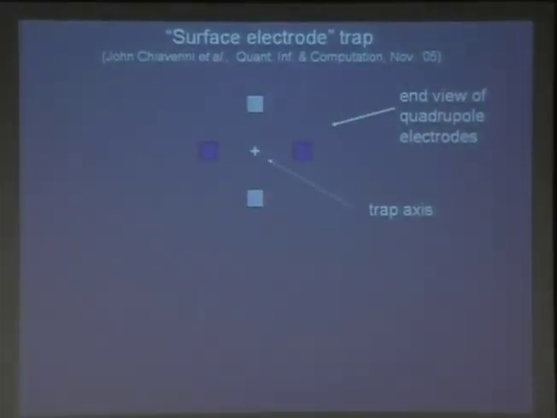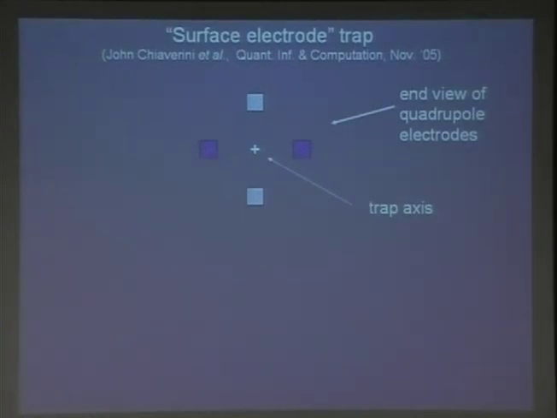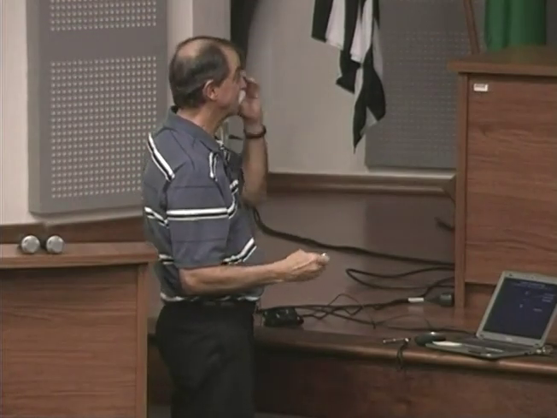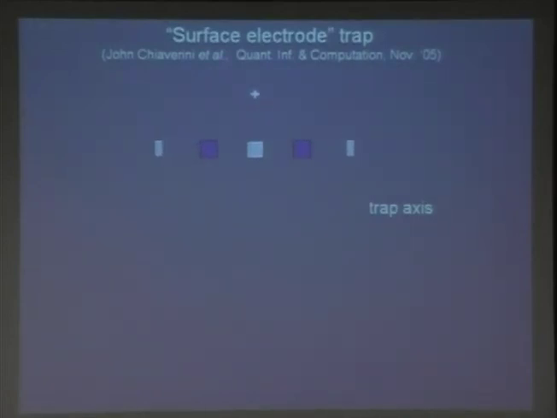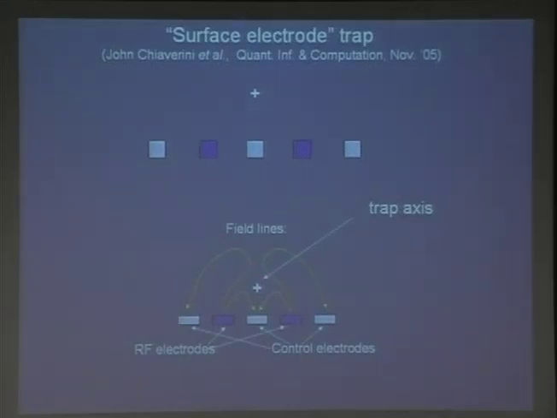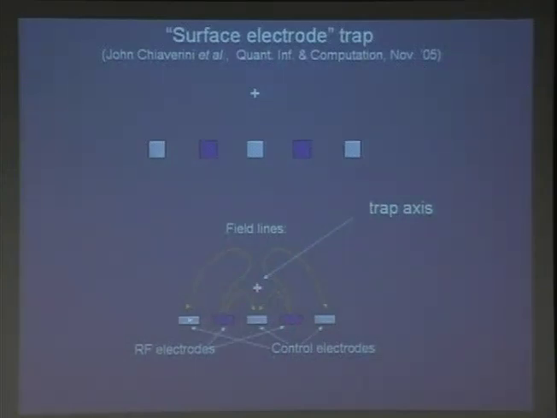So one of the things we've been thinking about, and other groups now are too, is how we might simplify this physical structure in order to scale up. What I show in this diagram is, if you think about looking down the axis of these 4 rods that comprise the trap structure, it turns out that we can deform these electrodes into a plane, and we still get an axis of trapping above this planar structure. The reason this is nice is that it's much easier to do microfabrication of electrode structures in a plane than some 3-dimensional structure